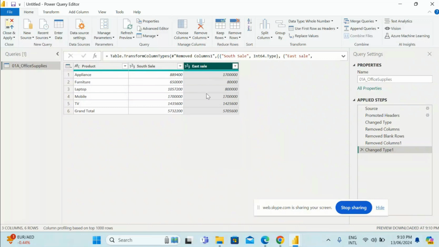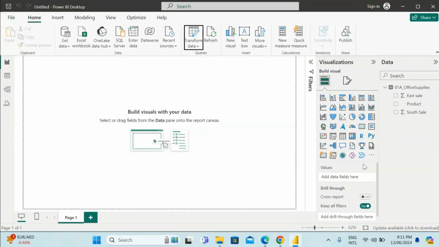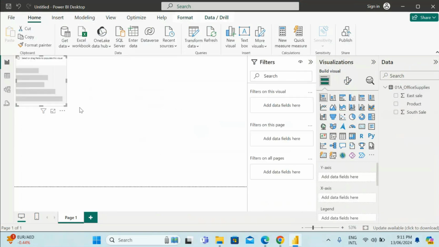Once everything is fine and everything is modified, then you can click Close and Apply. Now check here, it was updated and it will provide the updated data. If it is a number column, it will show like this, and if it is a text column, it will show like this. For example, I'll show you the difference, if it is text or if it is number, how it will reflect. I'll choose some graph